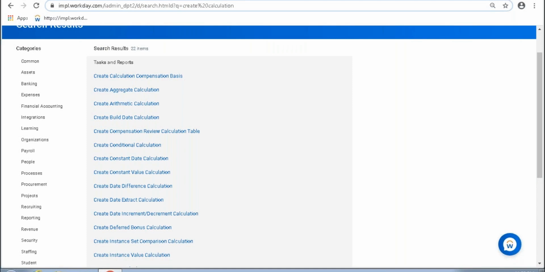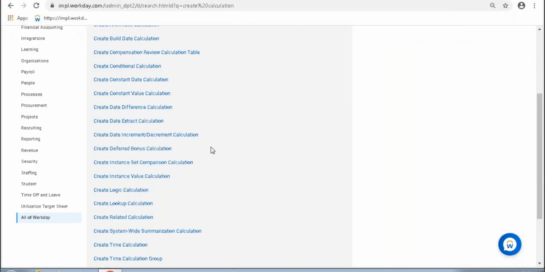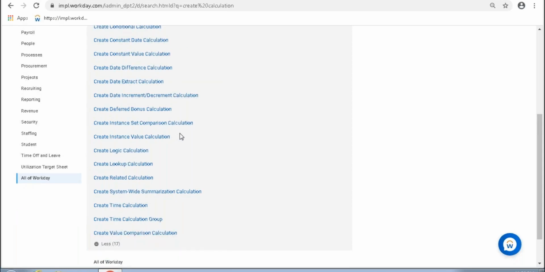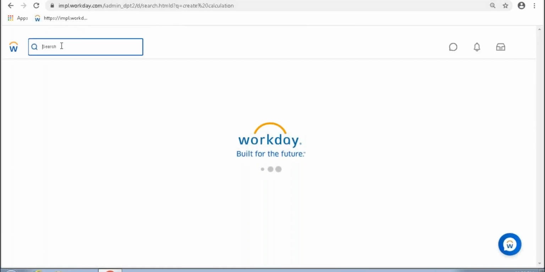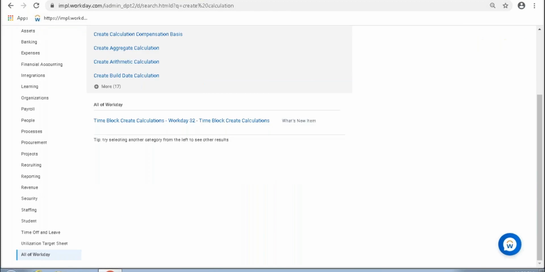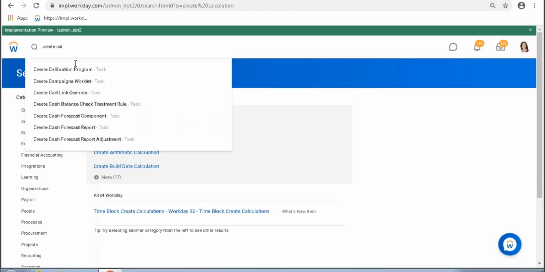Okay, sorry. So I have all these calculations that can be created. They are basically similar to my calculated fields, right? I have those different functions. For example, I have a constant value. So if I open it simultaneously, when I go ahead and create a calculated field, the only difference is,